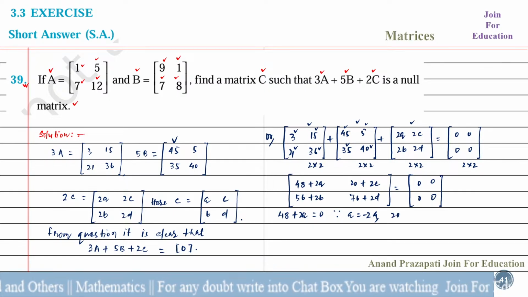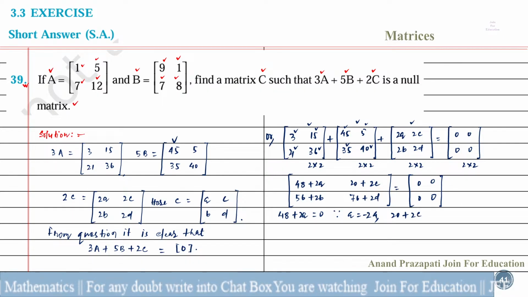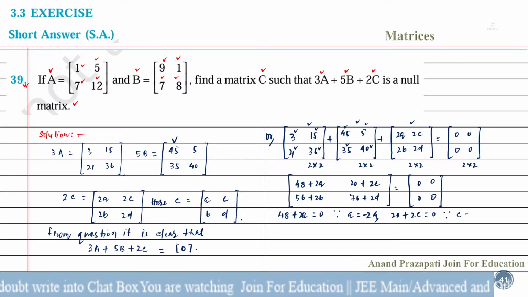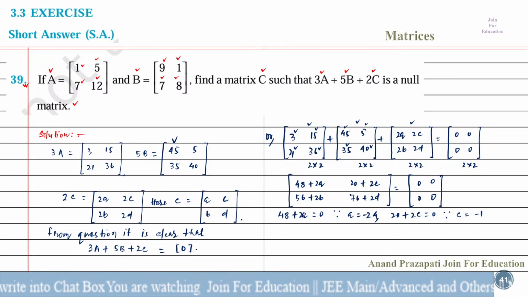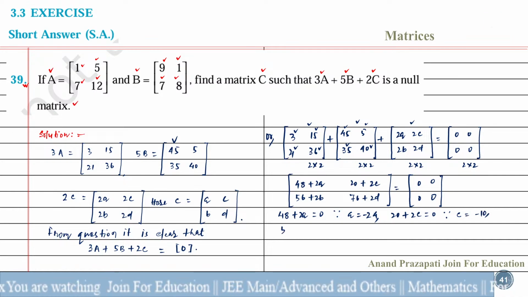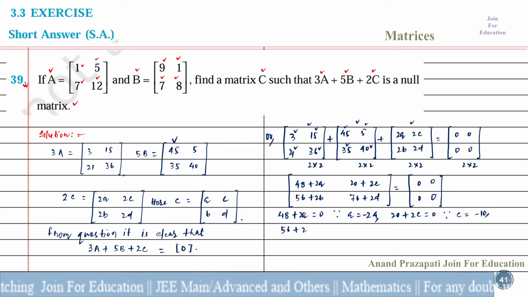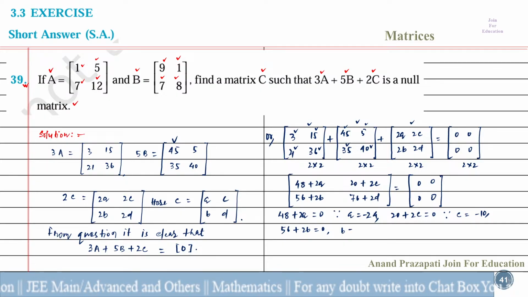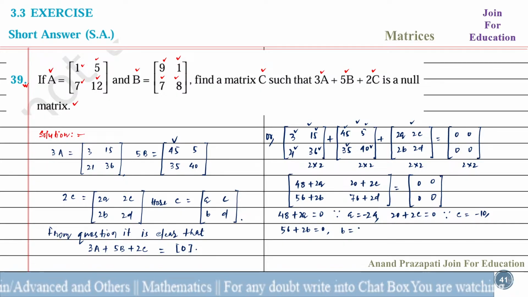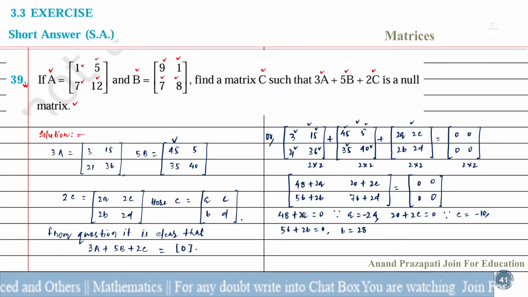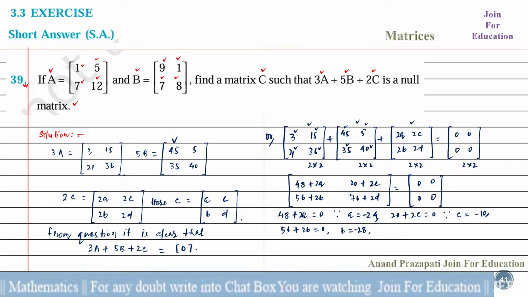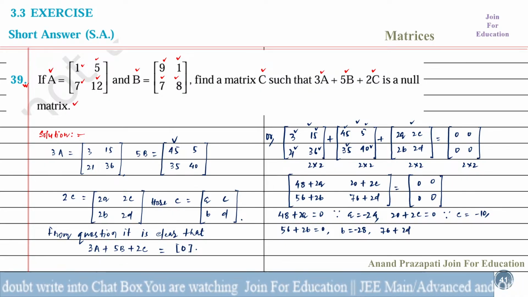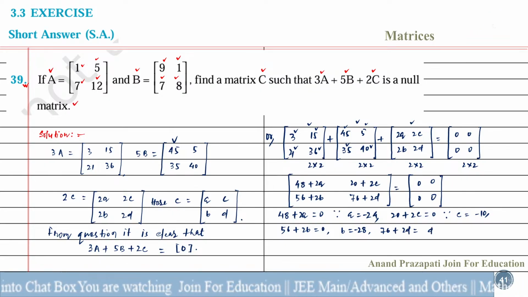Similarly, 20 plus 2c equal to 0. Therefore, c equal to minus 10. 56 plus 2b equal to 0. Therefore, b equal to minus 28. And 76 plus 2d equal to 0. Therefore, d equal to minus